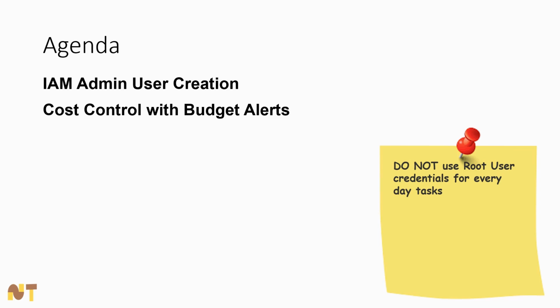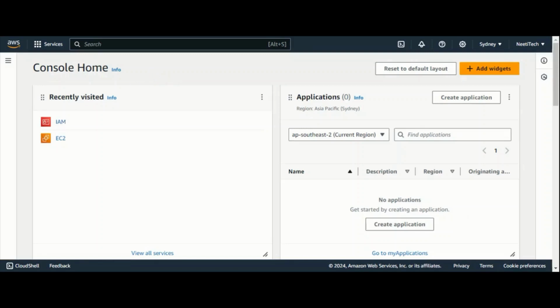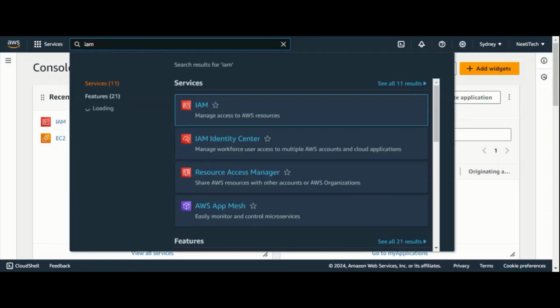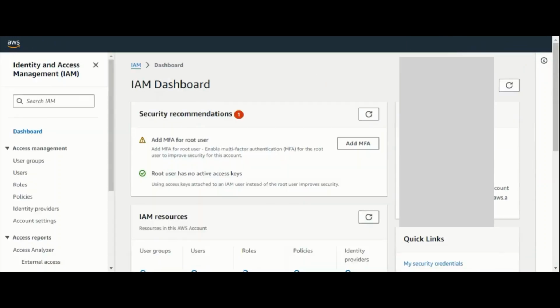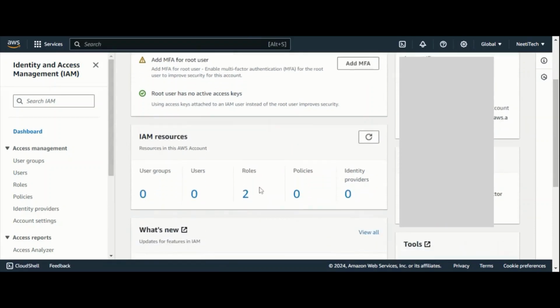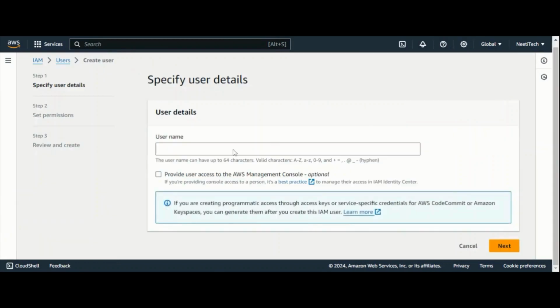So let's get started. Now you need to sign in to your AWS account with your root credentials. Whenever you create an AWS account, a root user is created automatically with the email ID and the password provided during the sign up. Once you log in with the root user, search for the IAM service and click on it. As you can see, there are 0 users as of now. On the left hand side panel, click on users, create a user, and provide a username like user1,